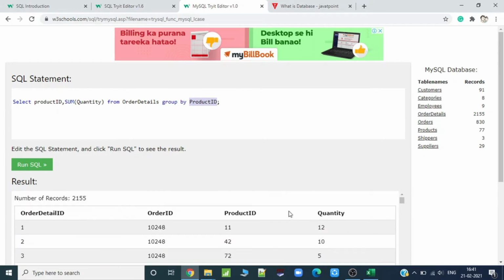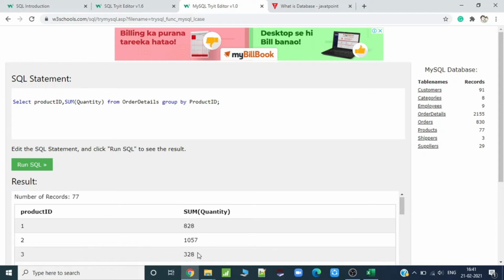It makes a group of product ID 11, again it makes another group of product ID 42, another group of product ID 72. So now if I just run it, I will get the sum of each individual product ID. Product ID 1 has the sum of quantity 828, product ID 2 has the sum of 1057, product ID 3 has a sum of 328, right?